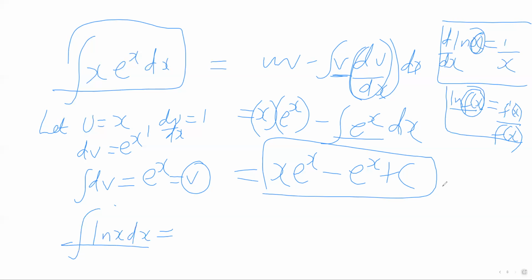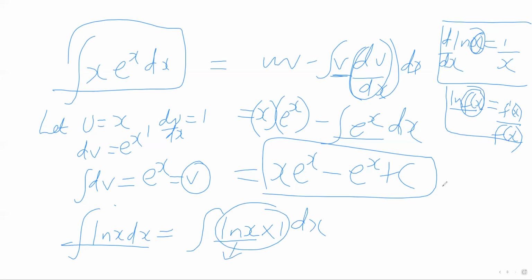Now, what of integration? Because that's differentiation. For integration, we also do the same. We write it in this form. This ln x here, we write it as ln x times 1 dx. Remember, this will not change anything. It's still ln x. We are just writing it in that form